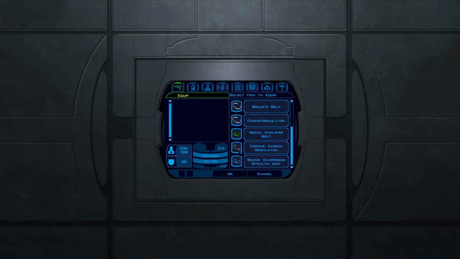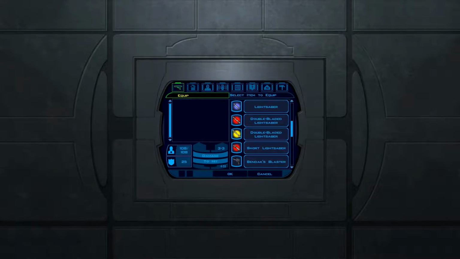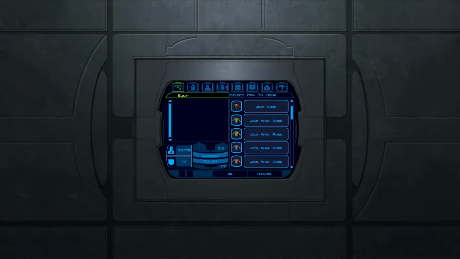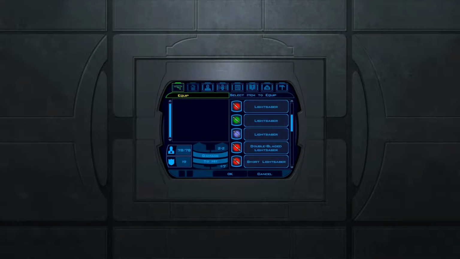For her belt, she's going to be using a Verpine Cardio Regulator, which will give her Fortitude saves of +3. Lastly, she will receive her double-bladed lightsaber back. That is Bastila sorted. For Juhani, Juhani will be taking back her Jedi Knight robe, and likewise she will take